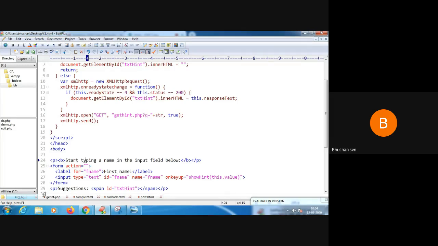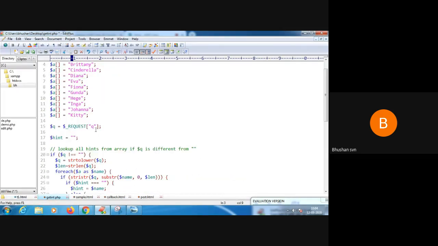Whatever value I am passing will be assigned here to q. Here the value is a, and it will be assigned to this q. The pink q is the character that I am going to enter in the text field, that is a, and it will be assigned to a variable q which is in green color. Then the rest of the things follow.